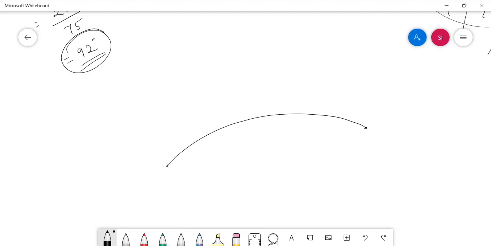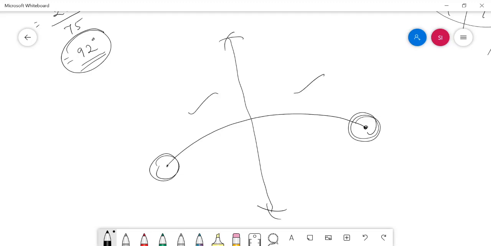Just take your compass and take a measurement more than half of the arc length, just like the process of bisecting a line. So take a radius in the compass more than 50 percent of the length of the arc, cut two arcs from one side, then take the other terminal of the arc as center and cut another two arcs. When you join these two points, you can split the arc into two equal parts.